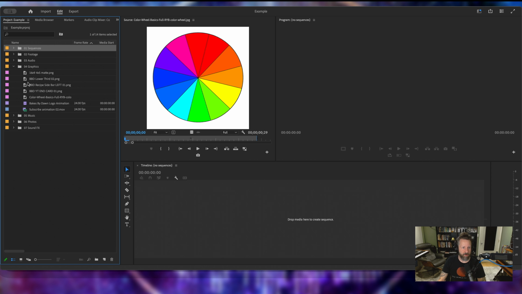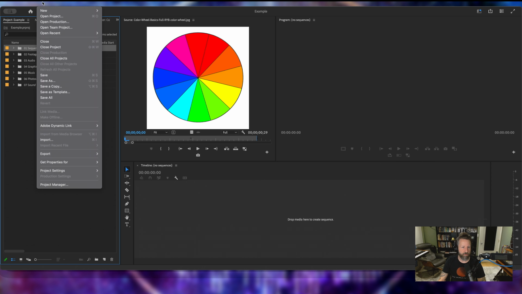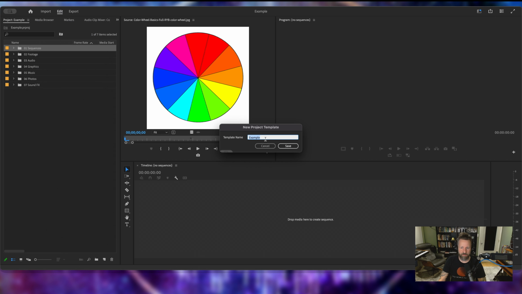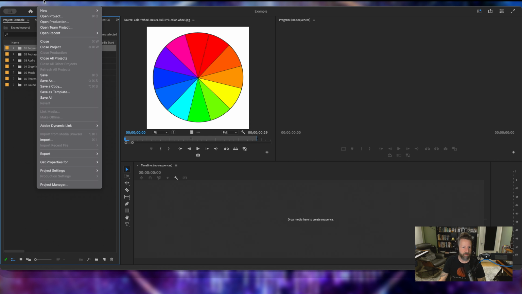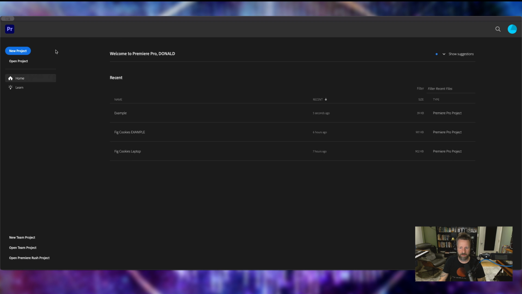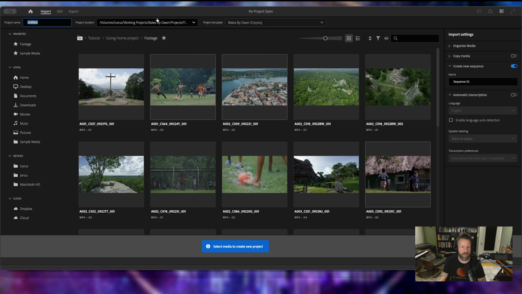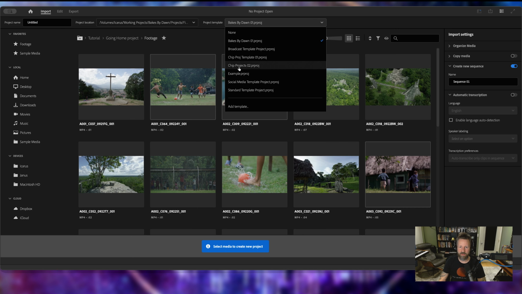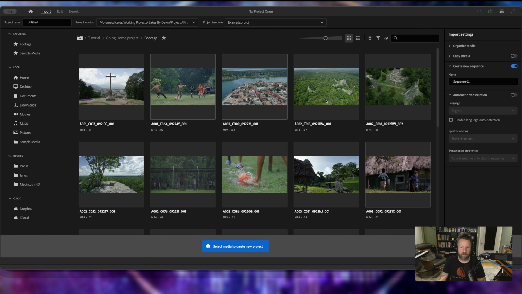And then import any of your assets that you want in every project. Then what you're going to do is go to File, Save as Template. And then you just give the template a name. We'll name it Example. And you'll notice, let me go ahead and close this down. Let's close Project. If I go to New Project and I go to my project template, you will now see Example is here. And if we open that up,